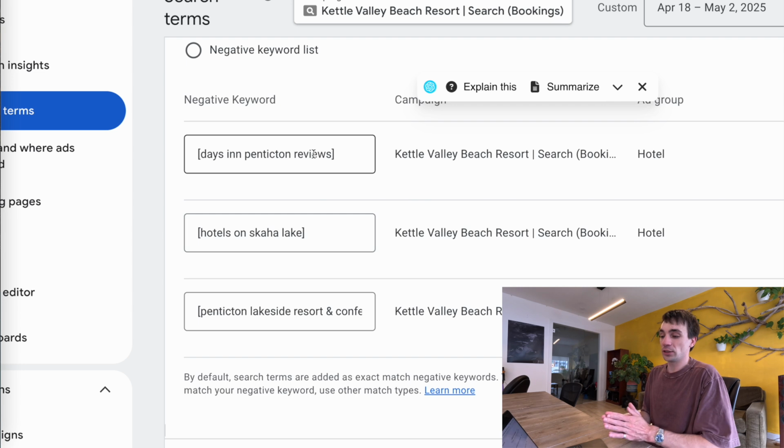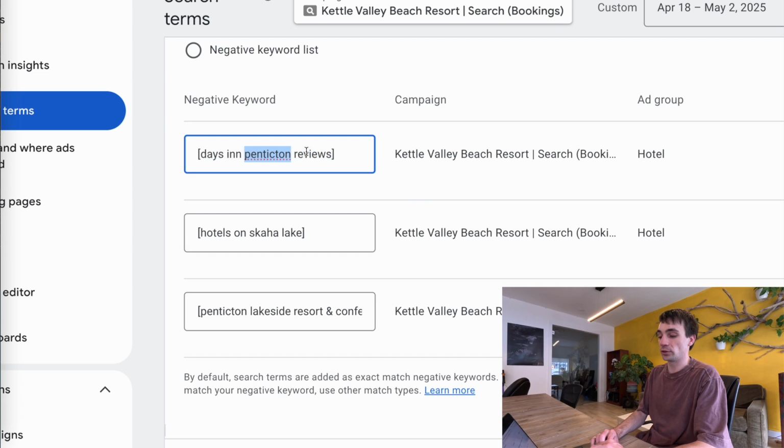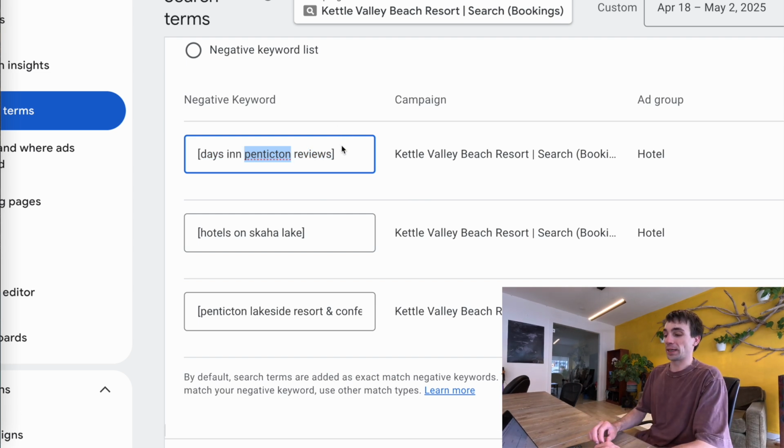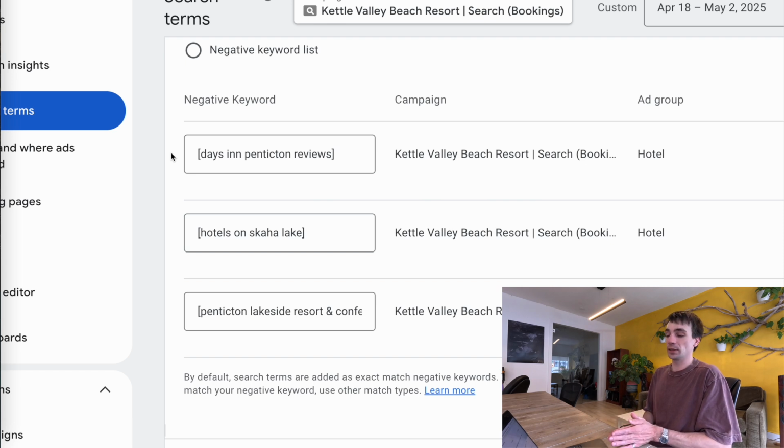So I usually like to add my negative keywords as either a negative phrase match or a negative exact match, and the reason I use both is slightly different. For this one right here, we found that days in Penticton reviews is not relevant to what we're doing, and so what I can do is leave this on an exact negative keyword, and what you're essentially telling